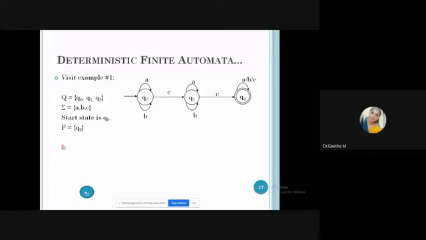Either A or B or C. That can be given by slash or comma or plus. Just note it down: comma, plus, slash all have the same meaning here. So either A or B or C, whatever may be your symbol, it cannot move from Q2 anywhere else. So it is maintaining its Q2.